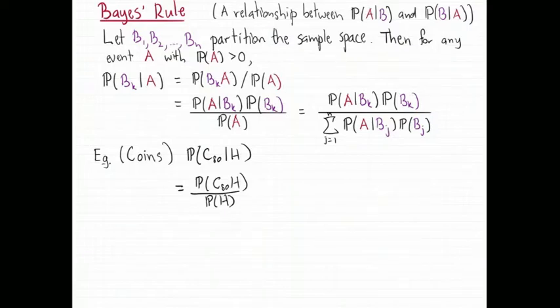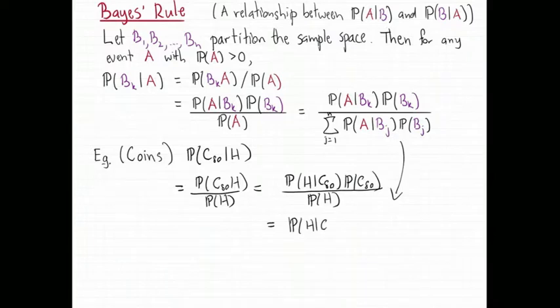Okay. And actually, we already calculated the probability of heads on the last slide, but I'll do it again here. And now that is the probability of H given C80 times the probability of C80 divided by the probability of H. Now, we could go one step further, like it says to do up here, and expand that denominator